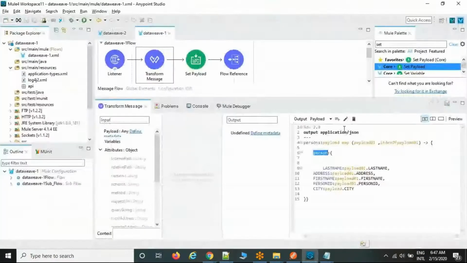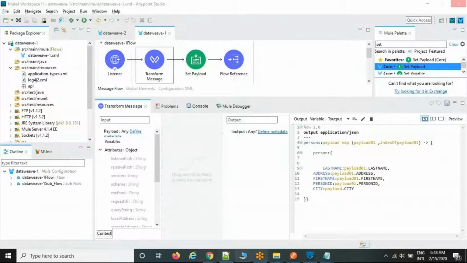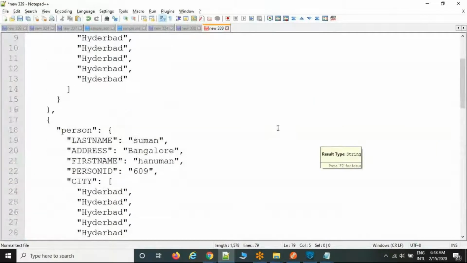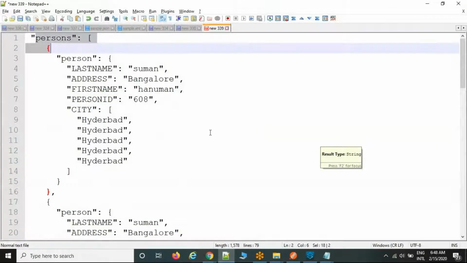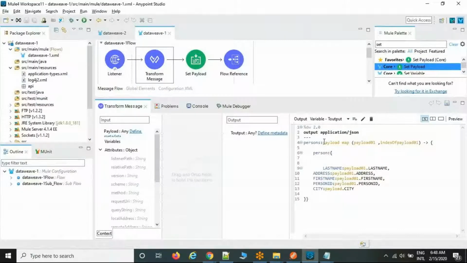Now go back to the variable, and I'm going to remove the main parent, this is the parent I'm talking about. I'm going to remove this parent element, and remove this one as well.